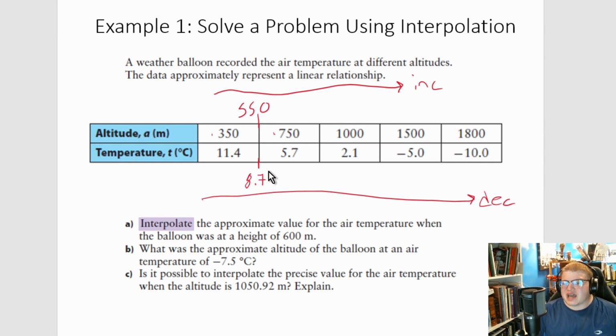So this isn't exact, that's a quick estimation, but 8.7 is the approximate halfway point. Now that you know the approximate halfway point, you know 600 is going to be after that. You can make any estimate on this. You know that you have almost another 3 to go here, and 600 isn't quite a third. 600 is technically 25% of the way to 750 from 550, but I know that means it's going to be